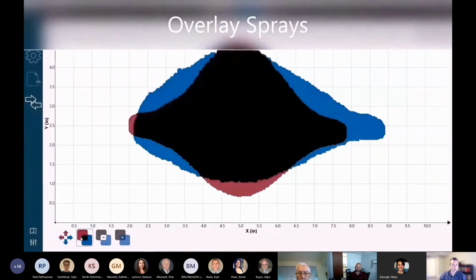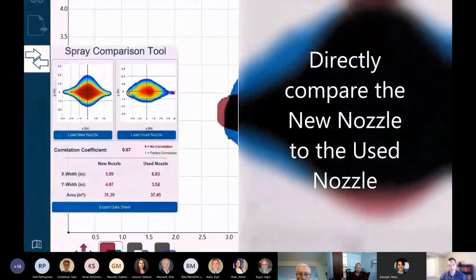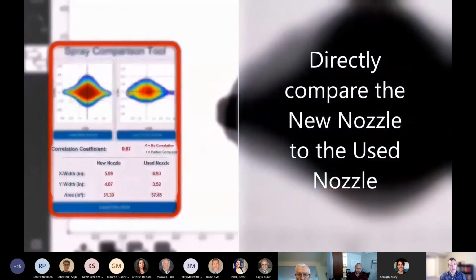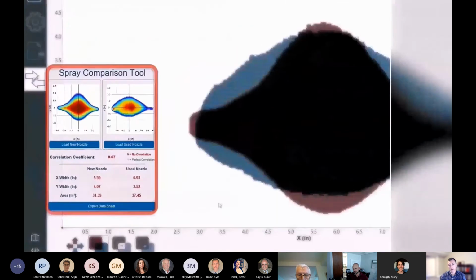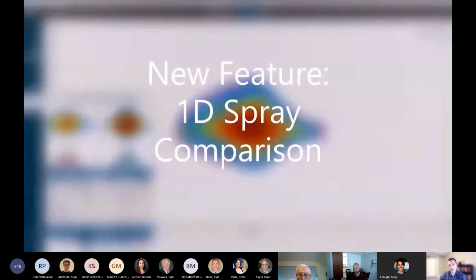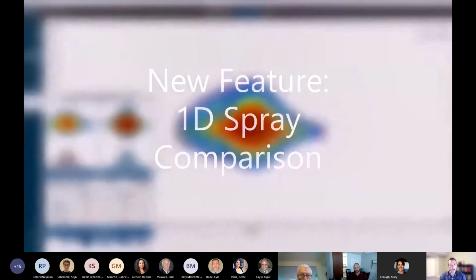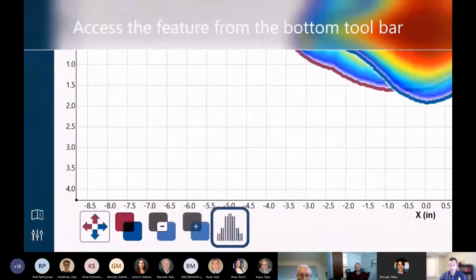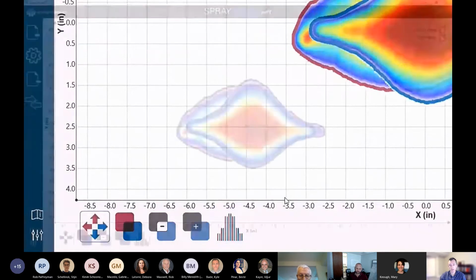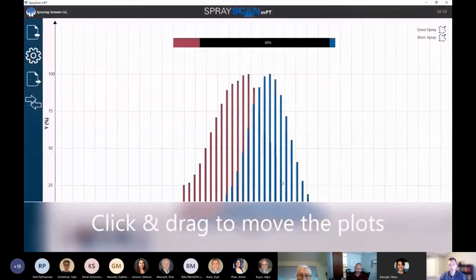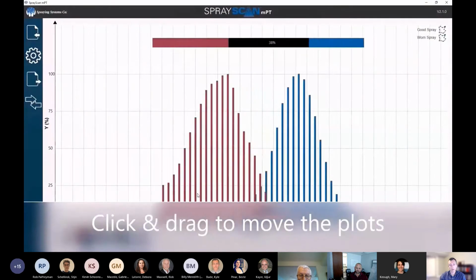Yeah, absolutely. So this particular instrument is something we've developed, and like Justin said, it's a patented design with proprietary software. And what it allows a user to do for a fraction of the cost and a fraction of the time is to use a laser sheet, and as the spray passes through that sheet, it's illuminated. And then we take an image or a video of that spray, and we can, in less than a minute,